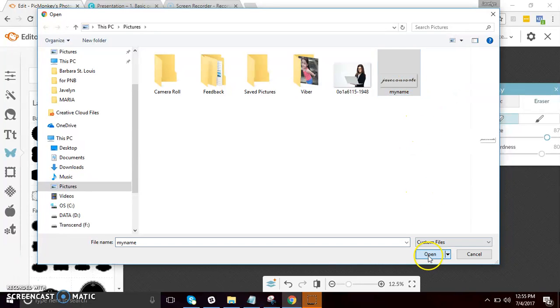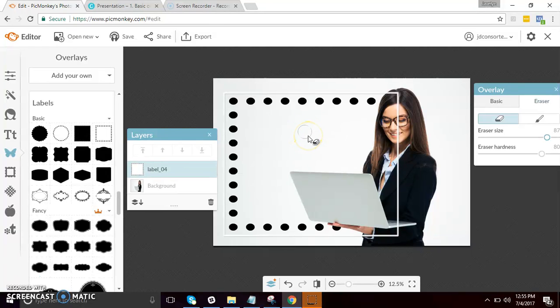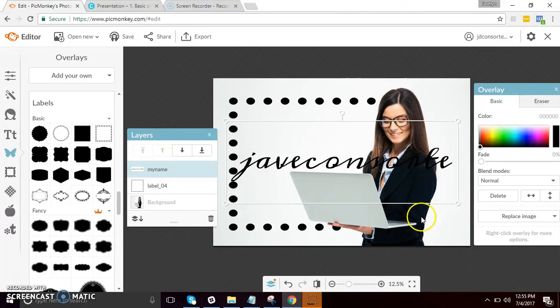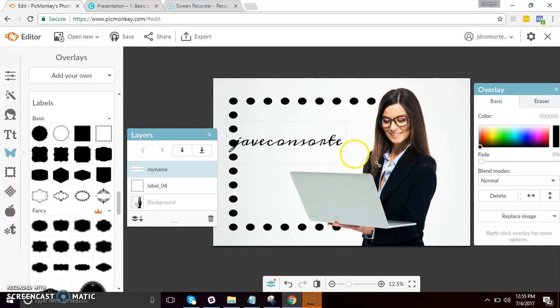So click on it. And it's now added to my design. Just reshape it so it fits the whole design. So that's how easy it is to add your own overlay.